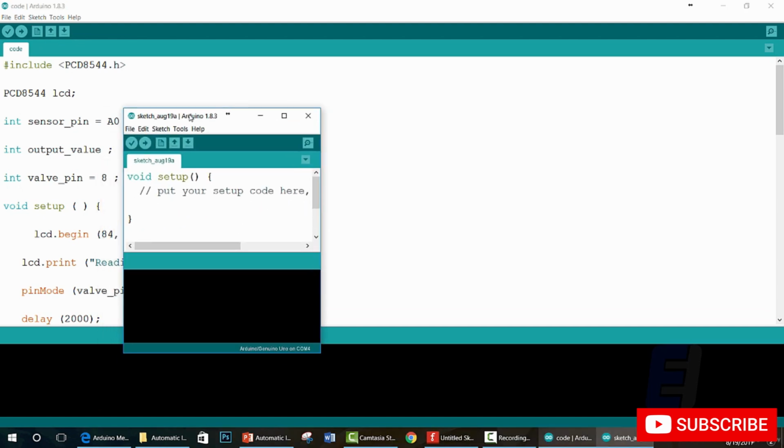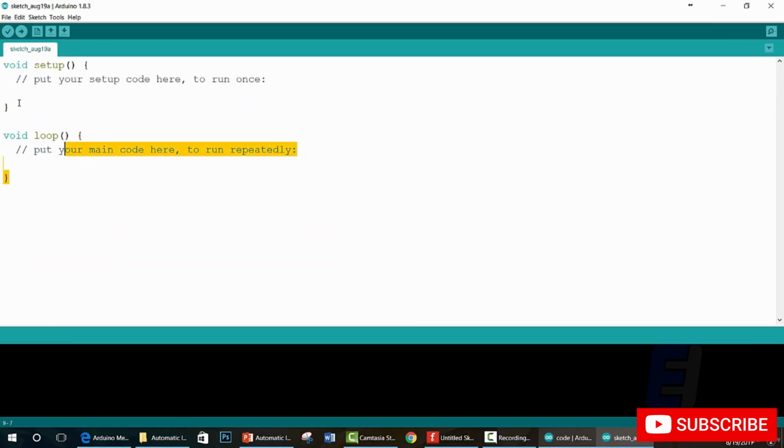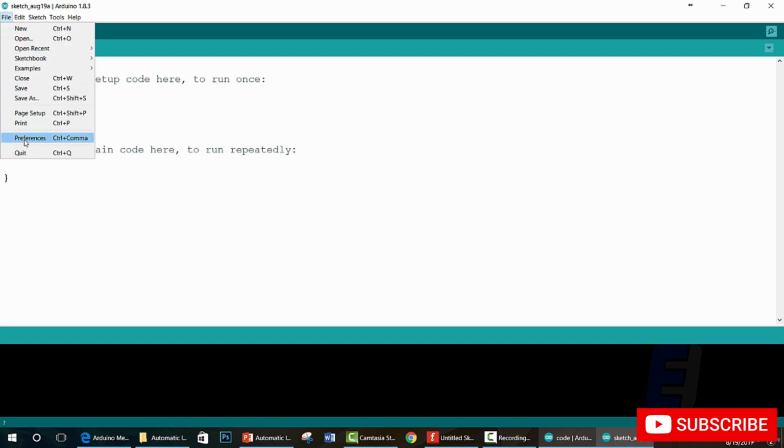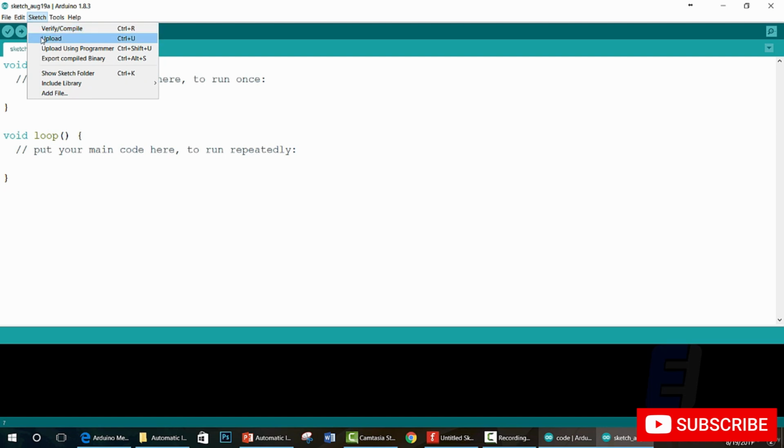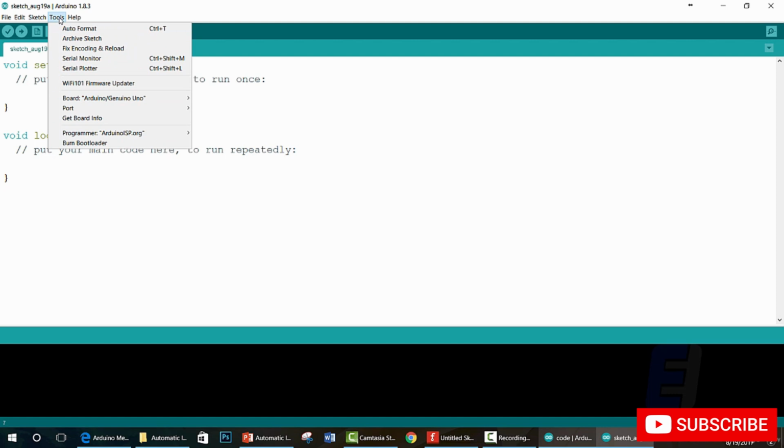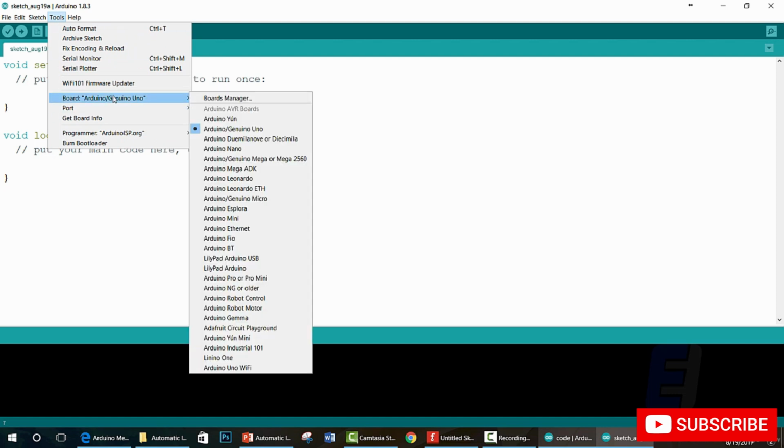As you can see, when you create a new file, you have two main methods, the setup and the loop. The setup for your setup code, the loop is for your code that will run repeatedly. The file is common sense. Sketch is used to upload, verify the code, or add new libraries. The tools is used to choose the board,